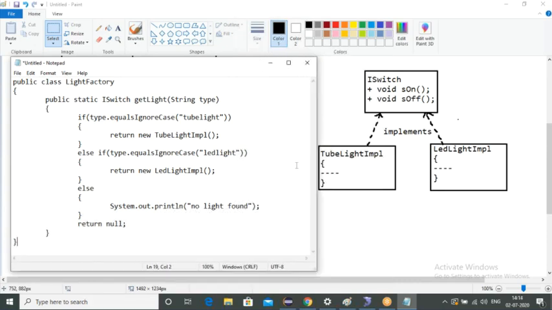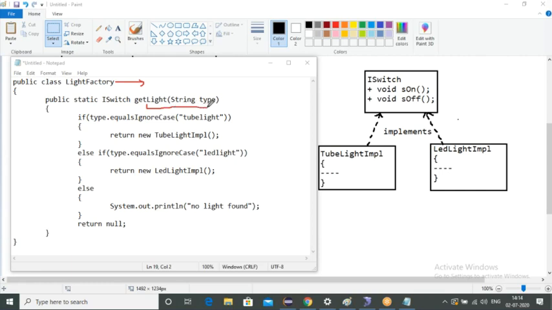One second, guys. Okay, now guys, you can understand this, right? Whatever you have here, light factory, this light factory is a factory class.